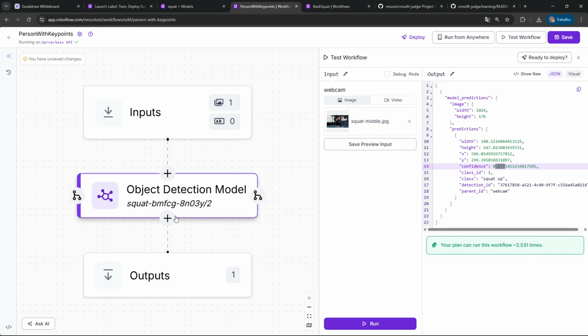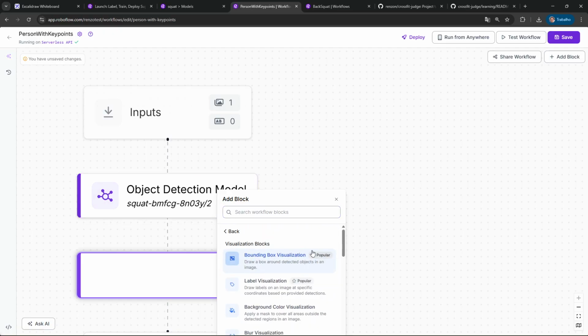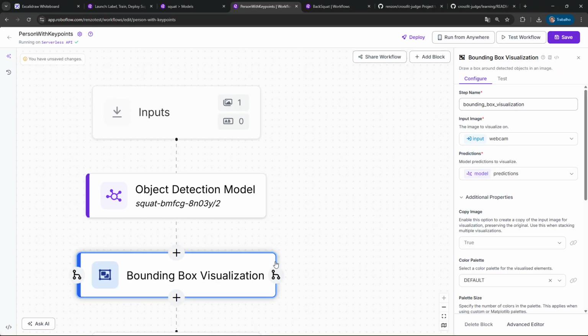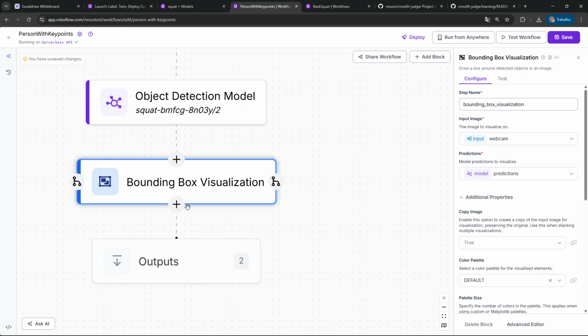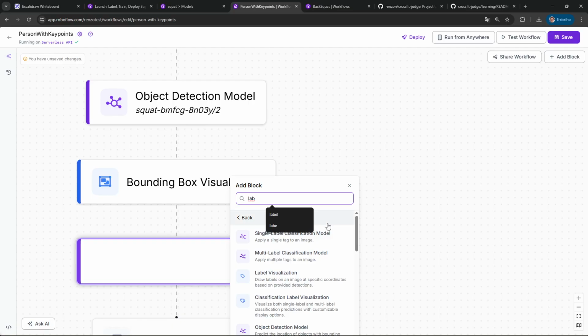So on the workflows, you have some blocks that help you to debug your model visually, and I'm going to show you. So here on visualization, you can use the bounding box visualization that's going to draw a box around detected objects, and you can also use the label visualization. I spent some time learning that, as I was not aware of it at the beginning of this project.